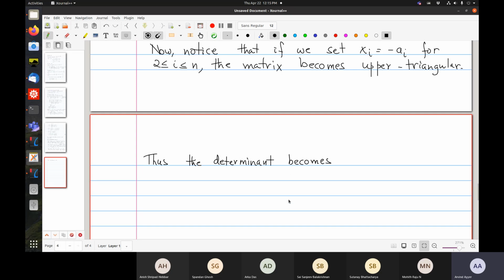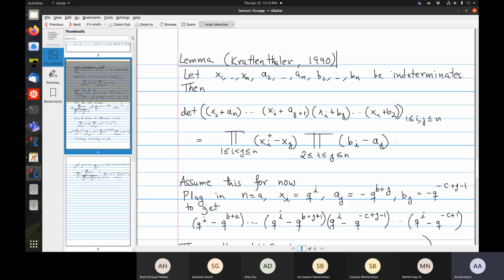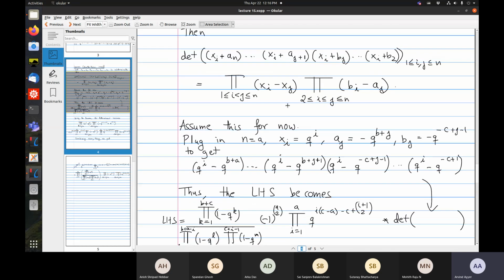It's just the product. What is it? So let us see what we get from here. I just take the product of all these things where I set xi to minus a. But I have the factor of x1, remember, so let's keep that factor outside. When i and j are 1, there's no b term. Remember, I said in the first column you only have it. Okay, so we have.